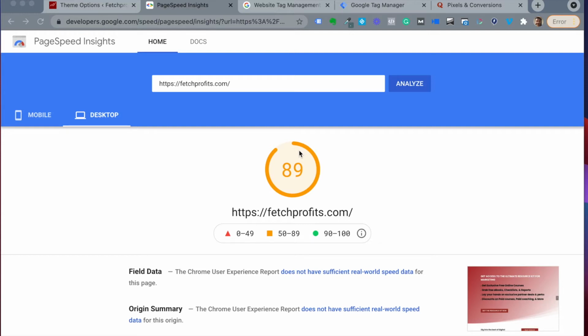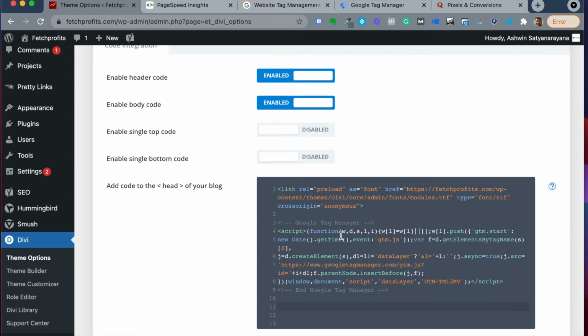You might be using JavaScript for various reasons, such as adding your Facebook pixel, adding your Quora ads pixel, adding your LinkedIn ads pixel, or adding your Google Analytics tag itself, or adding your Google Tag Manager tag itself, or several other third party plugins for WordPress, and several third-party web-based apps also connect with your website using JavaScript. So for lots of reasons, marketing or operations based, you might be using JavaScript to make things work for your business. So using it is unavoidable, but most people end up adding it to the head section of their